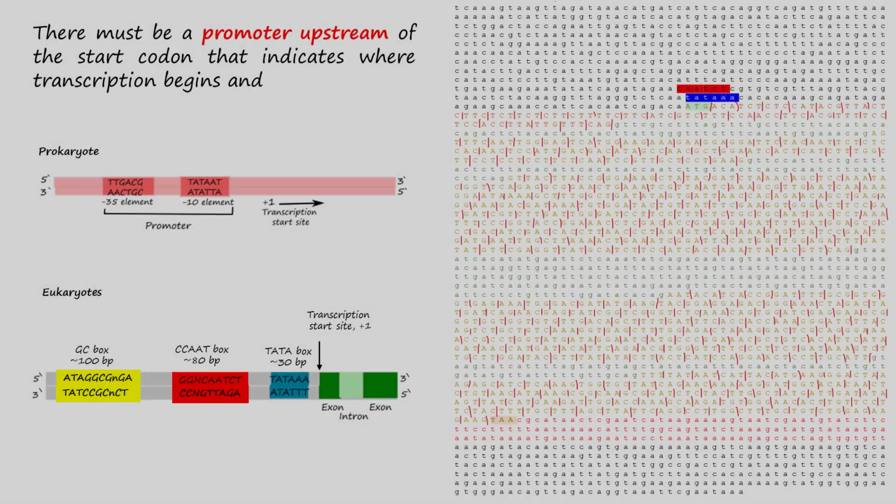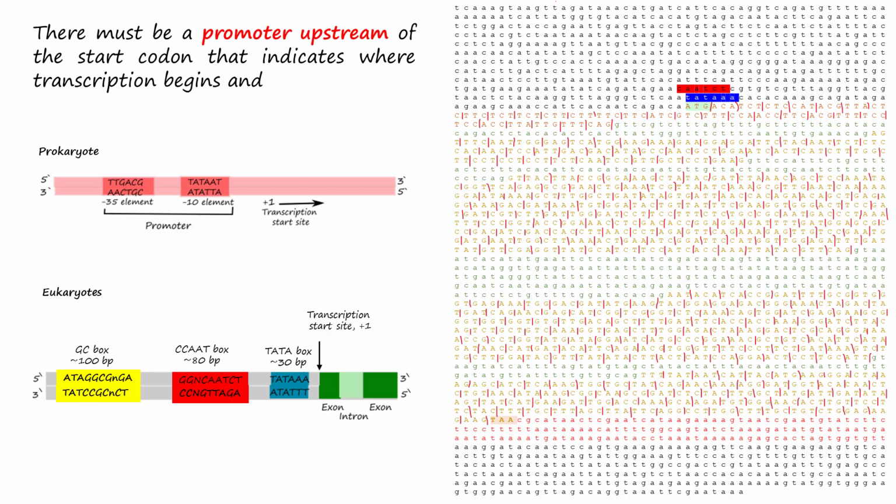A promoter upstream of the start codon indicates where transcription begins. Promoters in bacteria contain 2 short DNA sequences located at -10 base pairs and -35 base pairs upstream from the transcription start site. At the -10 position is the Pribnow box, TATAAT, and the -35 element typically consists of the sequence